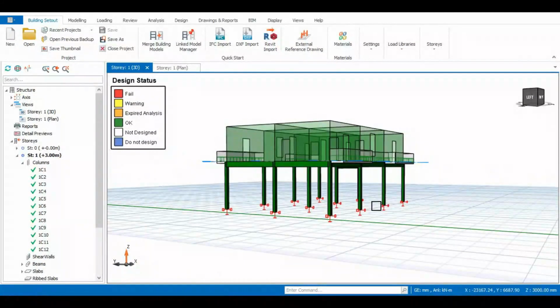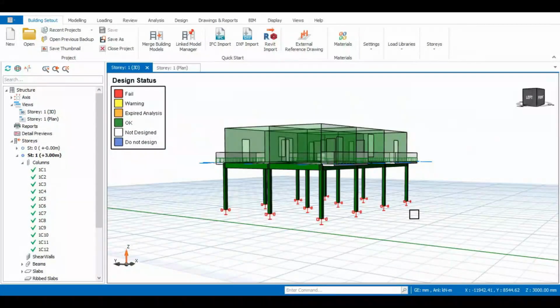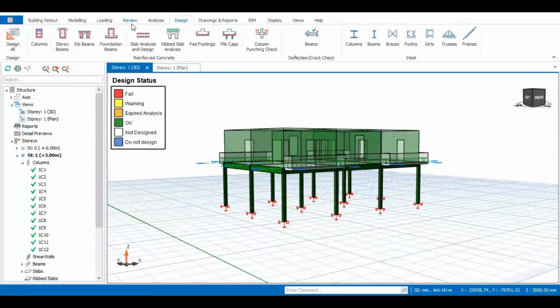Today, we'll be learning in Protastructure how to manually design your beams. And why is this important? It's really important because manually designing your beam makes your design practicable, based on what is obtainable in your area,